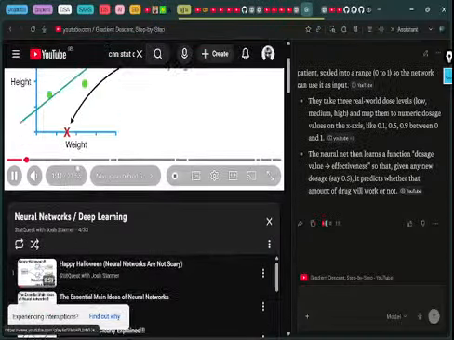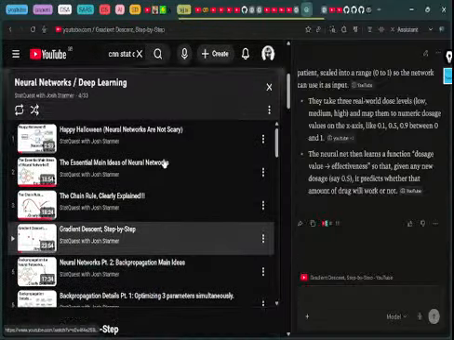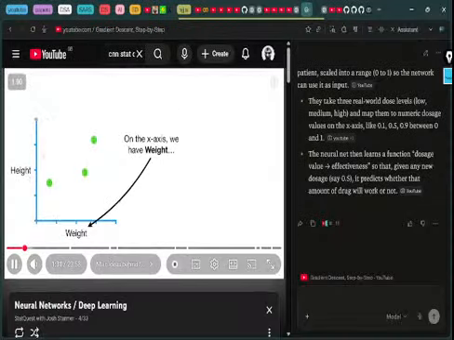They weigh 1.5. We can use the line to predict that they will be 1.9 tall. So let's start with a simple data set. On the x-axis, we have weight. On the y